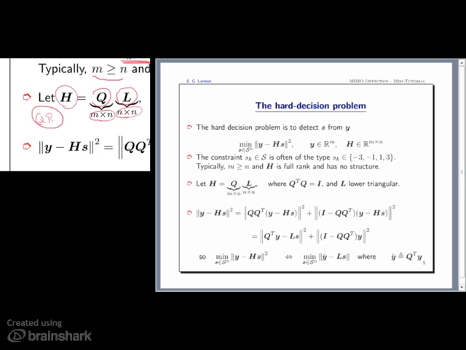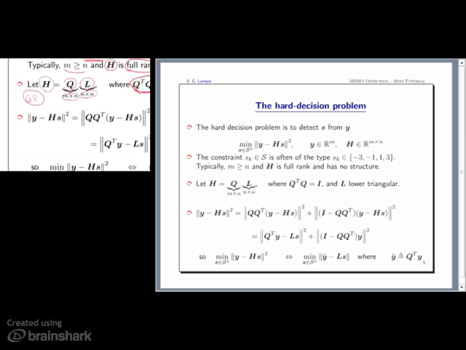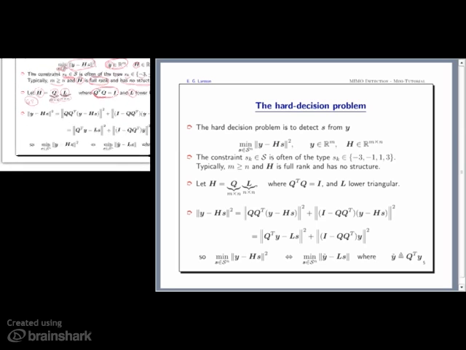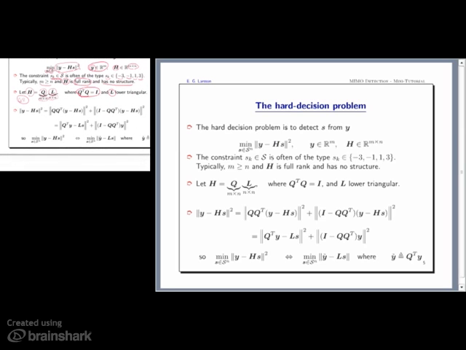All right, so with this decomposition, we can rewrite the objective function of our optimization problem in the following way. So consider now this squared Euclidean norm, y minus H s, norm squared. If I write this squared norm as a